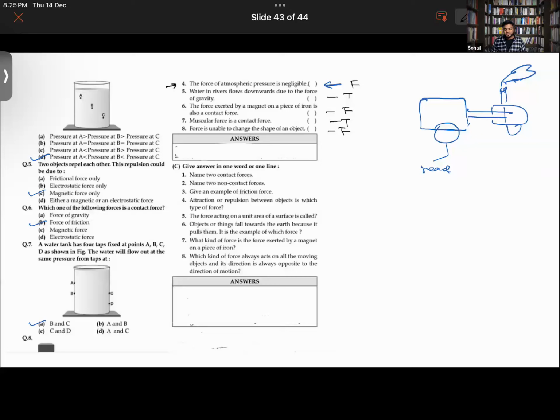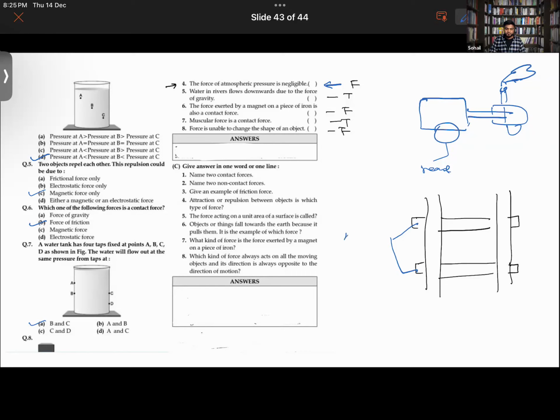Now you also see that wooden planks or concrete sleepers are kept below the railway line. Why do we do so? We see that concrete, or earlier wooden planks, were placed just beneath the railway tracks. Why do we do so? The rocks are also placed, but what is the reason to place this here? Sir, it increases the area of contact surface, thereby